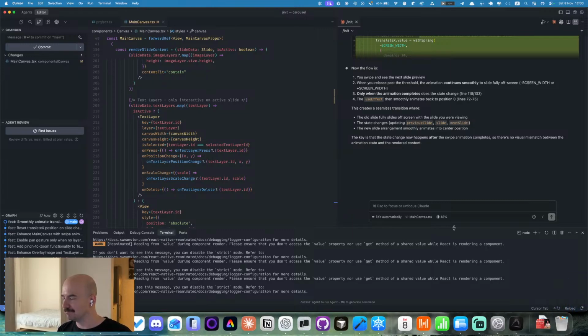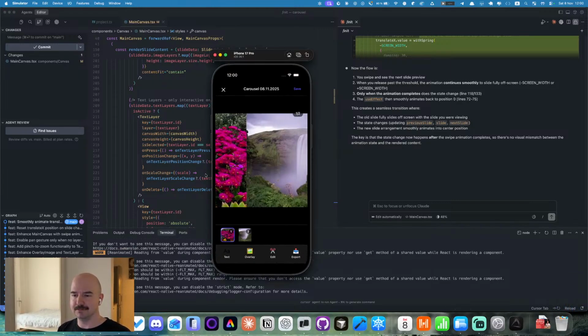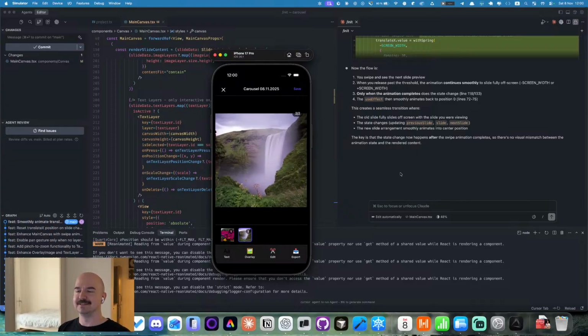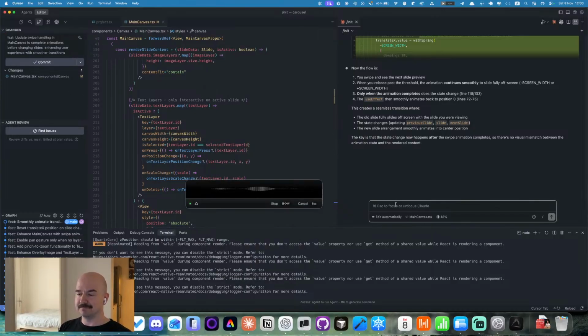So, let's see what we have here. Let's try to open it. Yes. After state changes and I see the 2 of 2, I see the sliding animation playing. It is very strange.